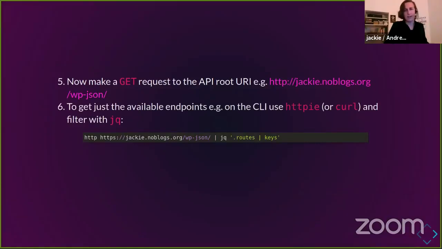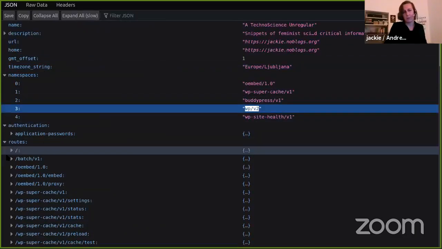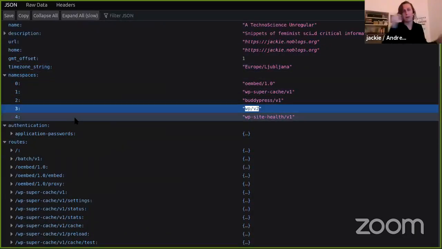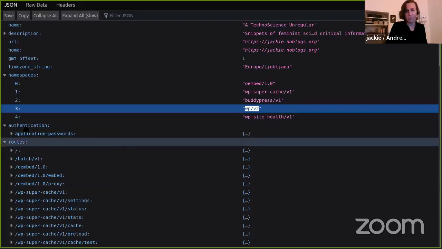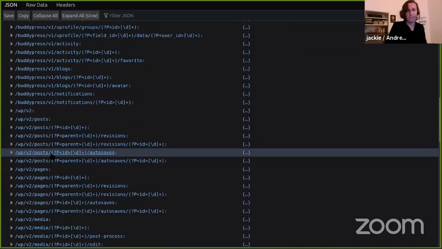I'll jump over this line. If you're working on a command line, you just want to get a nice overview of the routes that are available. You can use a filter like jq, but actually, for example, opening it in Firefox is just nice because it already provides collapsed views, and you can see all the things there are.